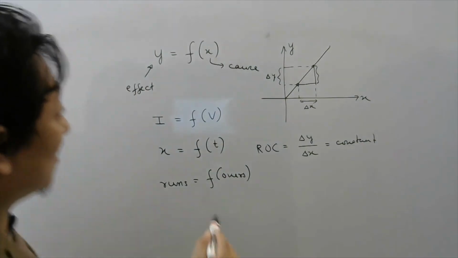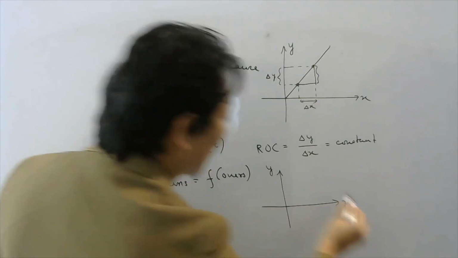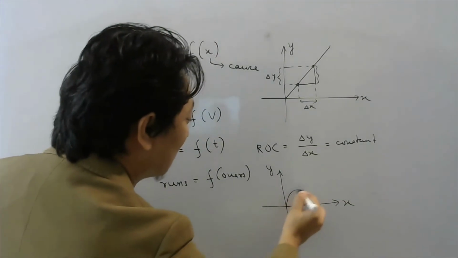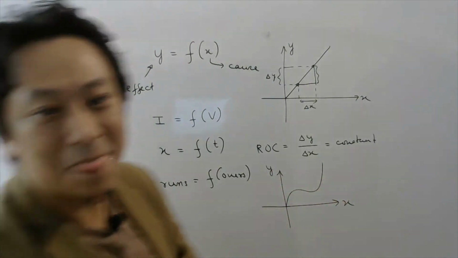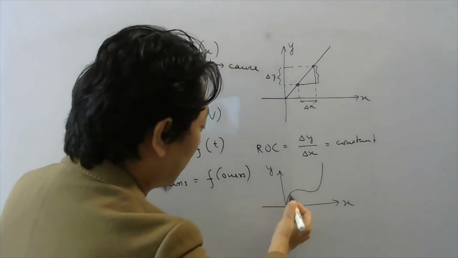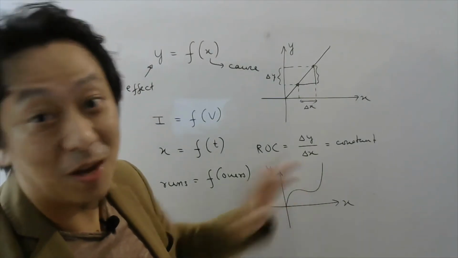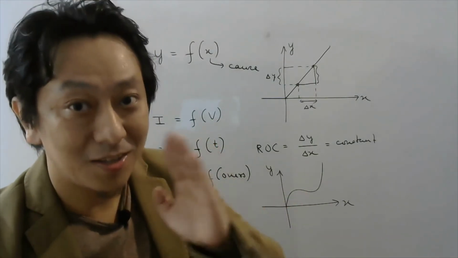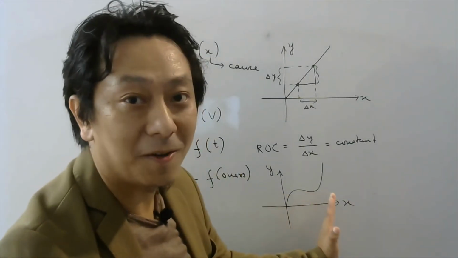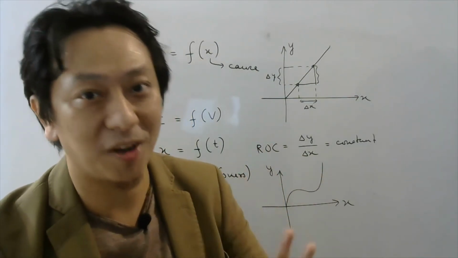However, there are many cases in which the relation between y and x may not be represented by a straight line but by something like this. And if that happens, then you can clearly see that if you take two different points at different positions, your rate of change will not be constant. So now, since the rate of change is changing from point to point, you have to ask the rate of change at a specific point, isn't it?